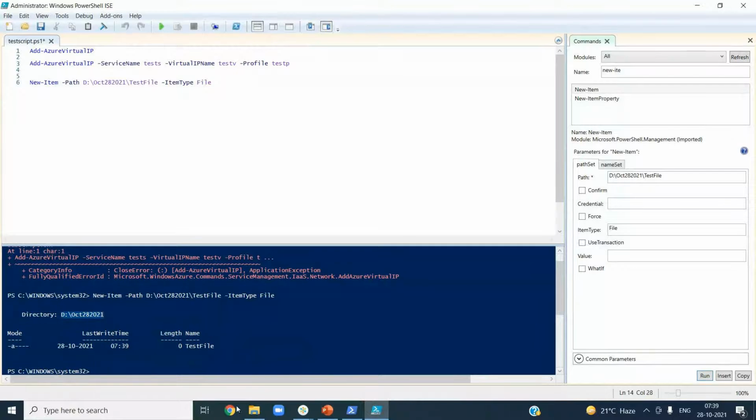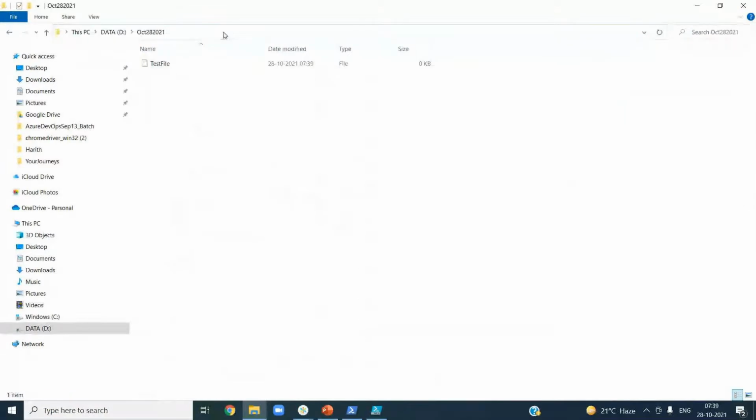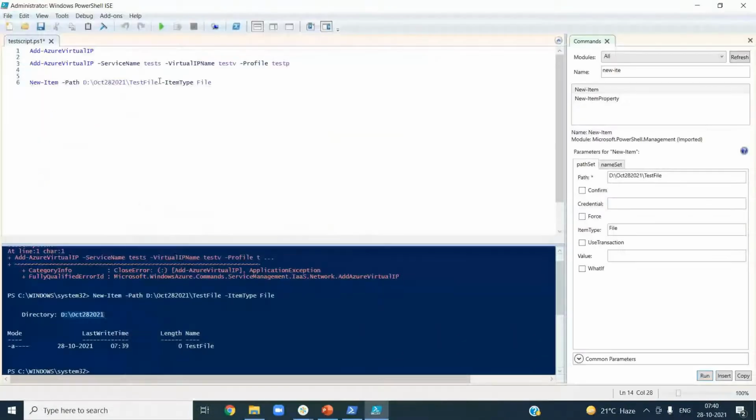Let's copy, go here, paste it. This is a file, not a .txt because I did not give the extension, so it simply created a file. If it has to be .txt, you have to give that name explicitly, .txt. Now go and run it.